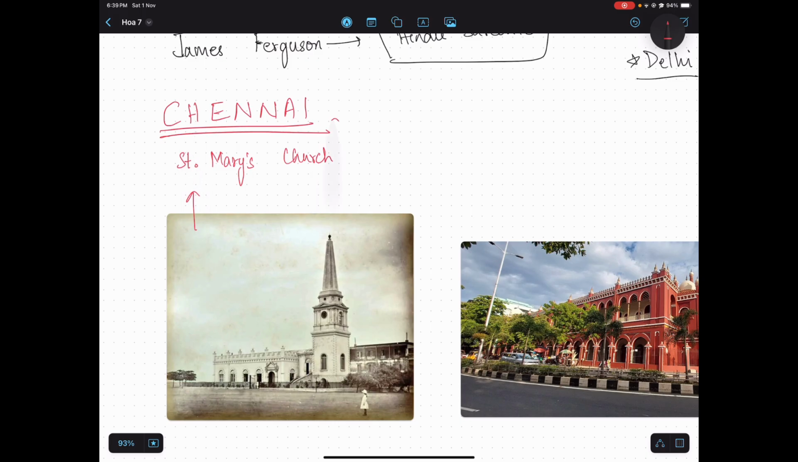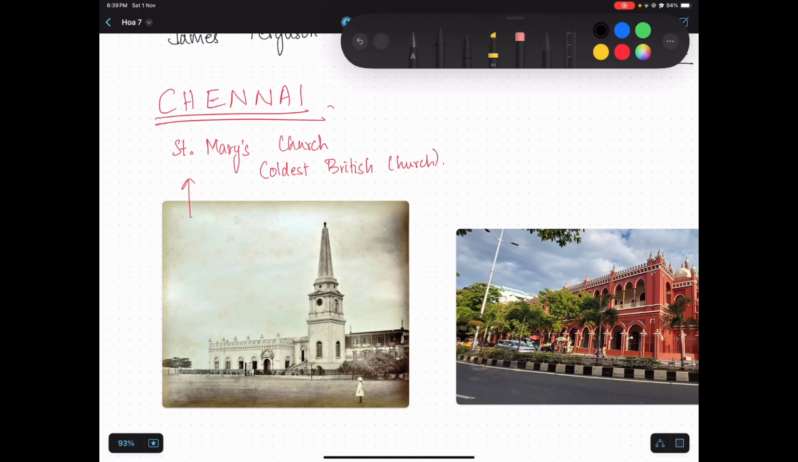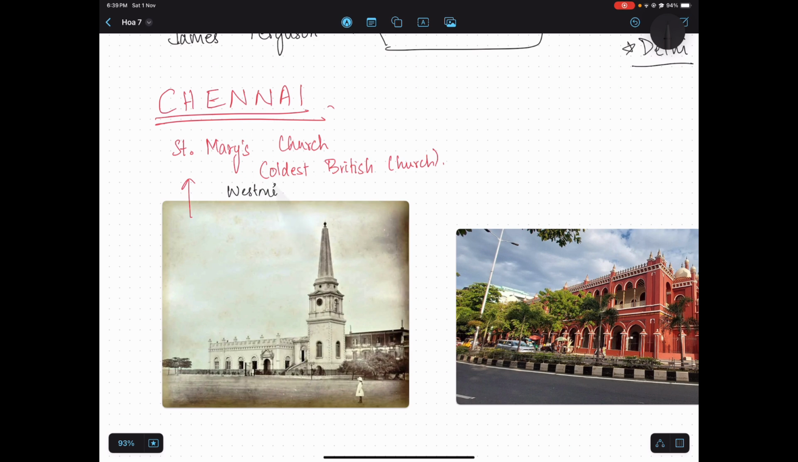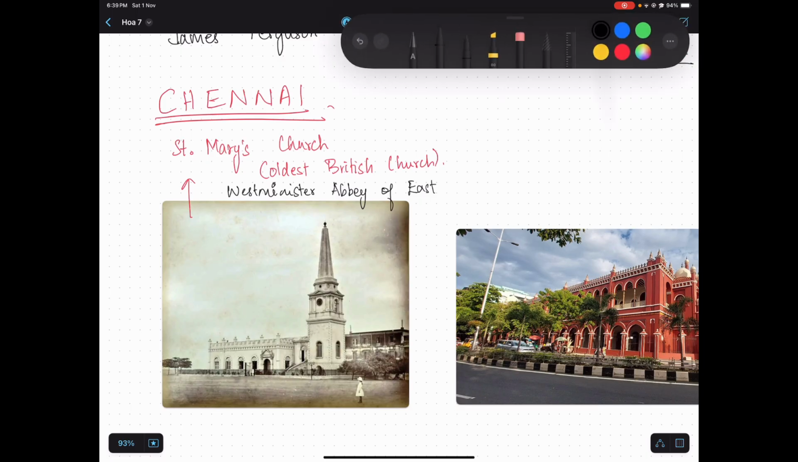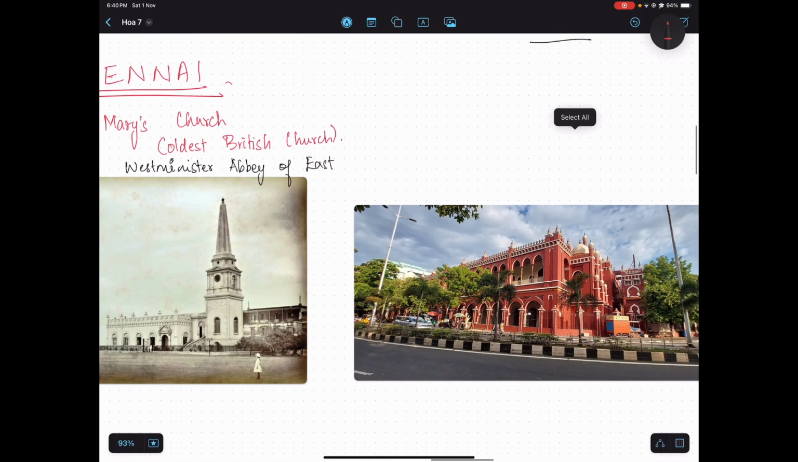So Saint Mary's Church is the oldest church building by the Britishers, the oldest British church in India, and this is also called the Westminster Abbey of the East. Before the construction of this church, there were no such praying spaces. They just took a room in a factory and called it a chapel and used it for praying. So this is the first church that came up, and then this is Chepak Palace,